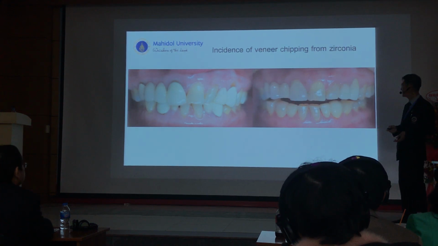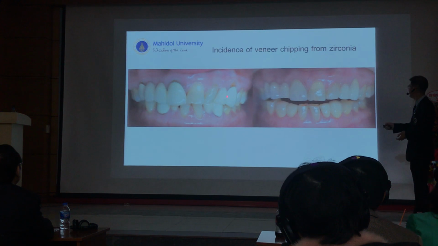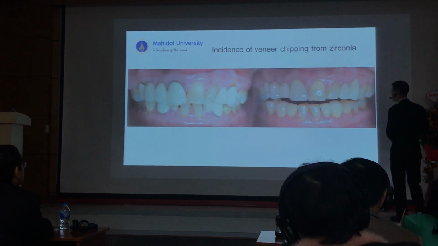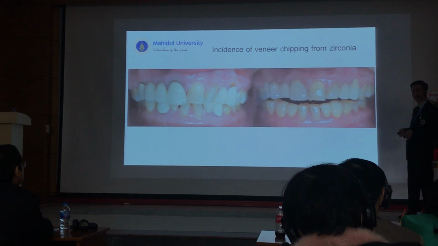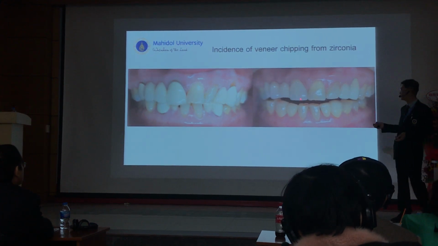But we cannot use the other system because, as you see over here, you use a cantilever, and with the other system it's not strong enough. That's why we use zirconia, which adds a certain substructure over there. But the incidence of chipping occurred just after 1 year.